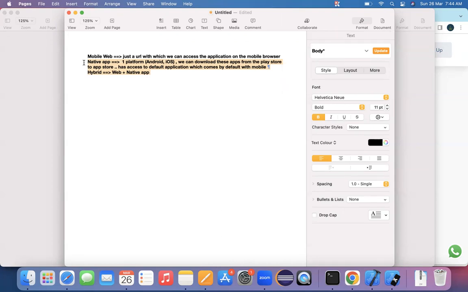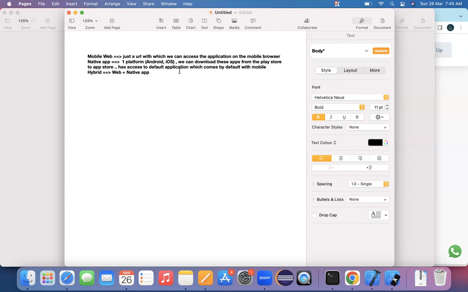Hybrid apps and native apps, both you can download from an app store or from a Play Store itself. Then what is the basic difference between a hybrid and a native app? In hybrid apps, in certain screens, you can find web views. A best example for that is maybe we are using an application which has a login functionality. Whenever you click on a login button, a login screen is rendered on the mobile application itself. So whatever the login screen is, that is a web page itself displaying on a mobile app.